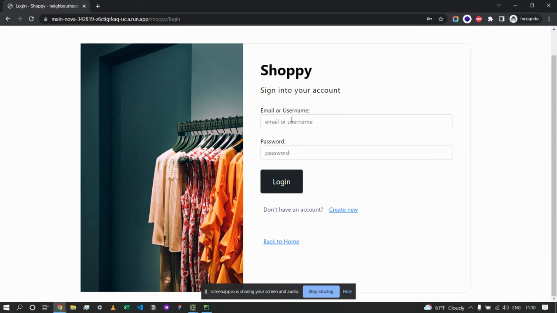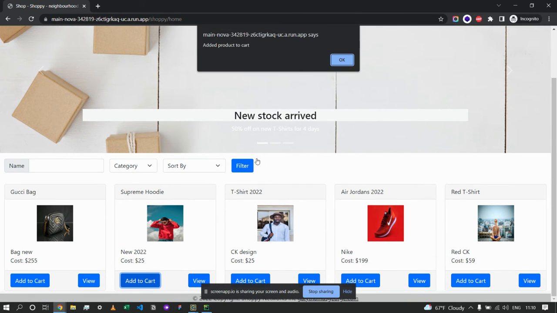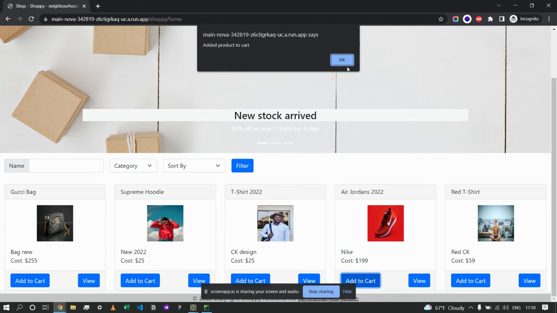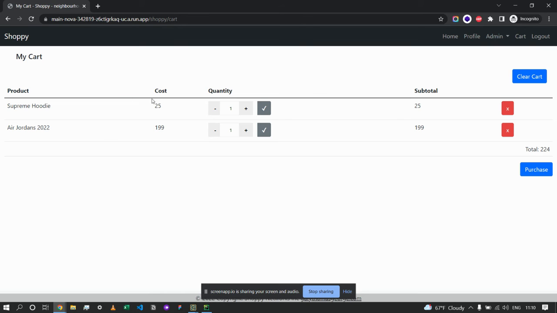There's a link problem, so I will just check it. I will show this as a normal user for now, as an item user, so I can add an item to a cart. So I've added one Supreme hoodie, then I'll add these shoes. So if I go to the cart, I can see two items there in the cart, and I can also